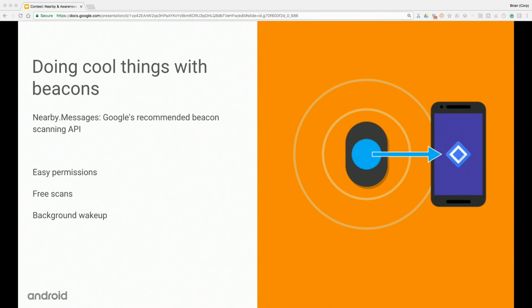The other thing is that you might have noticed, especially starting in Android O, there's a lot of focus on battery and restricting what applications can do in the background more and more. So increasingly the model is, instead of your application running a background service and doing lots of work in the background, you're expected to register with things in Android that will wake you up when it makes sense for your application to do processing. Nearby Messages is one of those kinds of APIs where you can say, one of the things I'm interested in is beacons, and we'll wait. Your application can register a subscriber for beacons in the background, and we'll wake your application back up once we see a beacon that matches your requirements.